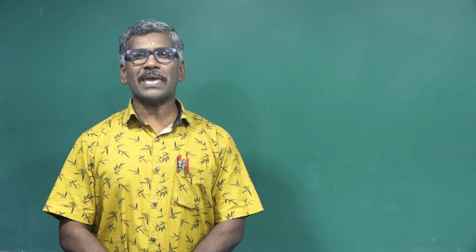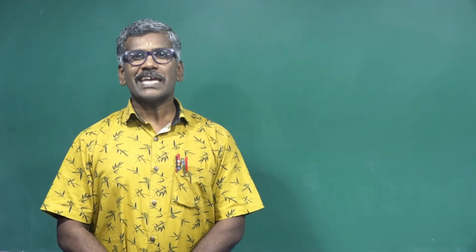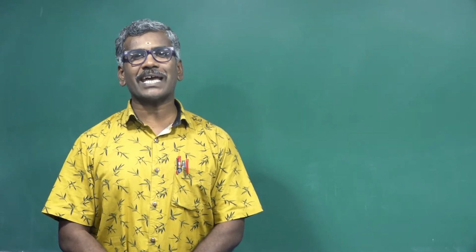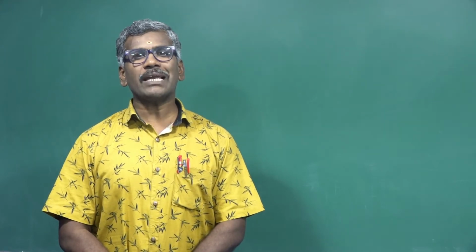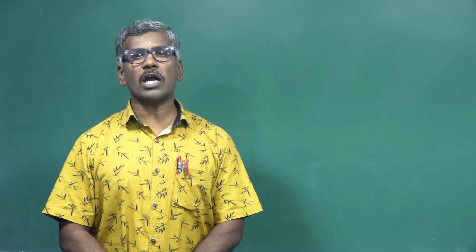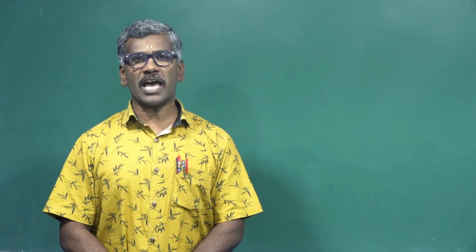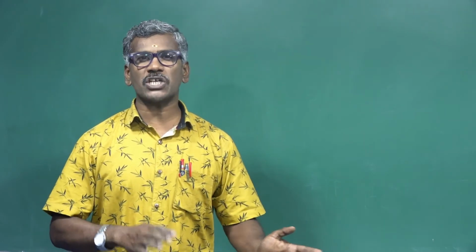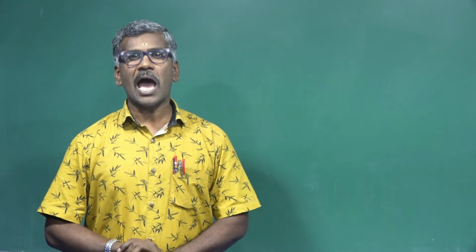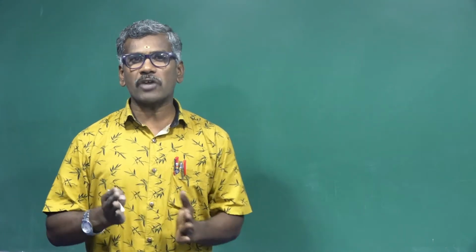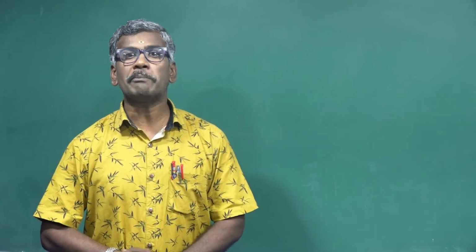Today's topic is the relationship between Kp and Kc. It is a continuation of chemical equilibrium. Chemical equilibrium involves two opposite reactions: one is a forward reaction, another is a backward reaction. At equilibrium, the rate of the forward reaction is equal to the rate of the backward reaction. Now we will discuss the relationship between Kp and Kc.